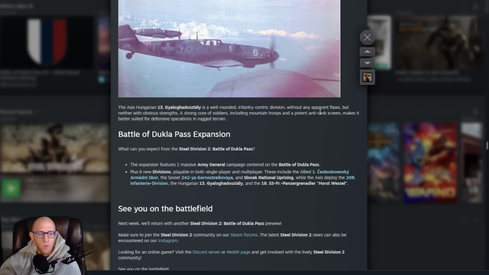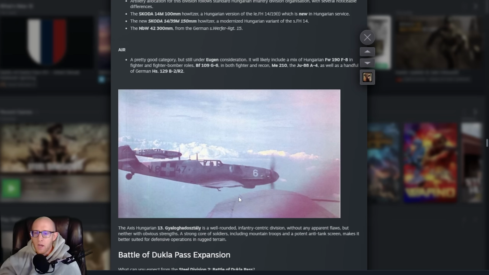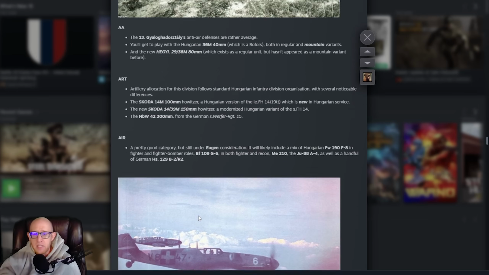I already pointed out several apparent flaws, but neither with any obvious strengths. That would be a flaw. A strong core of soldiers, potent anti-tank screen makes it better suited to defensive operations. Yeah, as most of the Axis divisions are anymore. Okay. I mean, okay. I don't think it's going to be...